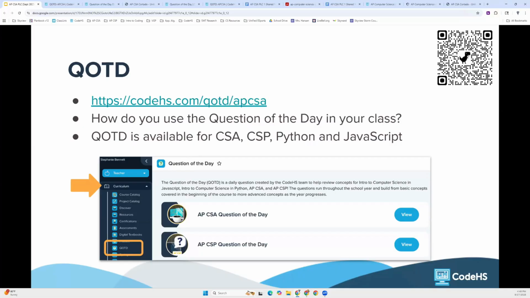Been using question of the day. Previously, I had tried using it in Python, but it seemed like it was kind of randomly grabbed, so stuff we haven't necessarily learned yet. Are the questions of the day pulled randomly from the curriculum, or does it start from the beginning, or how are they selected? I feel like they follow the curriculum. Steve, is that the intention?